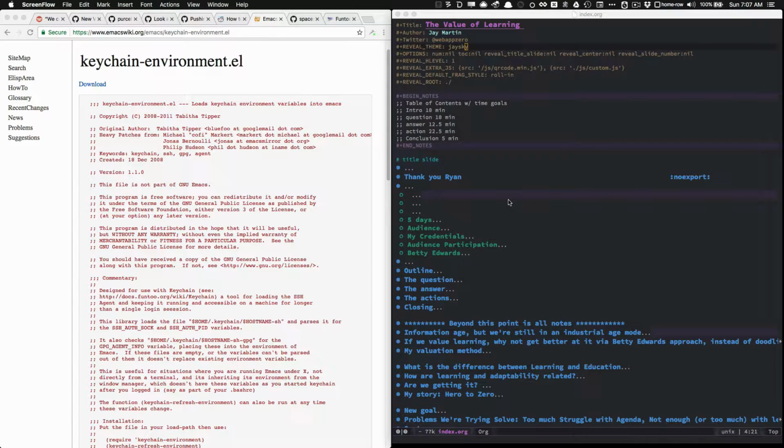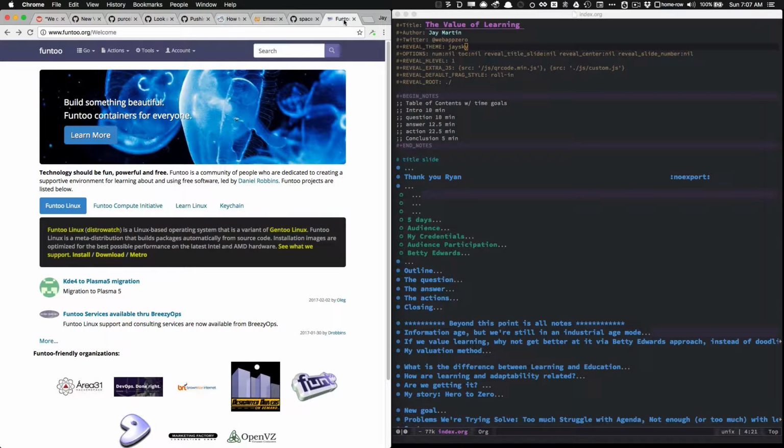Hello there, this is Jay with Web App Zero, and this video is about getting Magit to work with your SSH key phrase, or my SSH key phrase in this case. I'm using Funtoo keychain